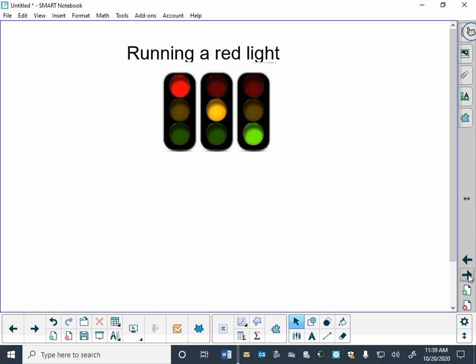So running the red light leads to a monetary penalty. It might lead to nothing. It might lead, in the worst case, to an accident and a variety of different things there. In this case, our one thing leads to another, we can't really define clearly what that other thing is going to be the way that we could with the gas pump. Okay? Both of these situations are referred to by mathematicians as relations,